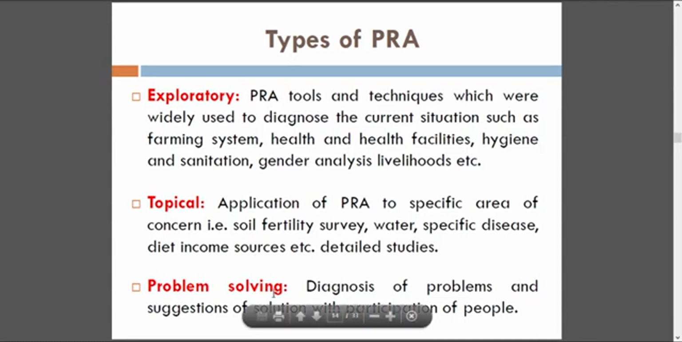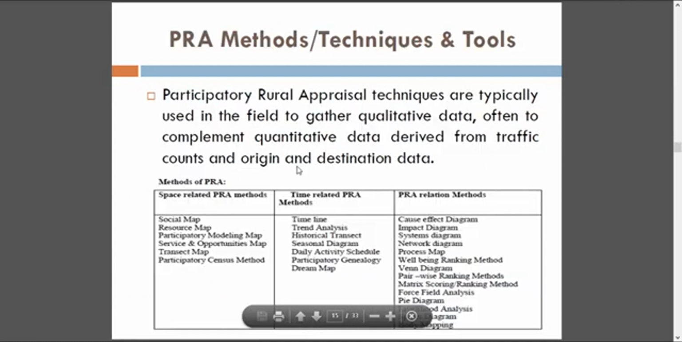Then problem solving. This type of participatory appraisal deals with diagnosing problems and suggesting solutions together with the people in the community. Okay,